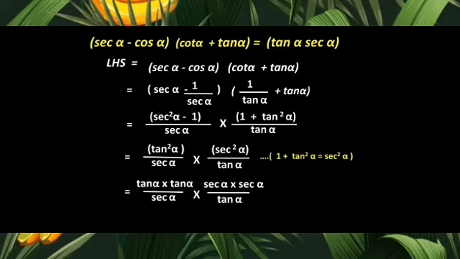And after that we can cancel the terms in the numerator and the denominator, right? So presently I have cancelled them, you can observe on the screen, and only two terms are remaining, and those two terms are nothing but tan alpha and sec alpha. That means our RHS is clearly proved by us, and hence the sum is done. Clear? The way I told you in the previous sum.